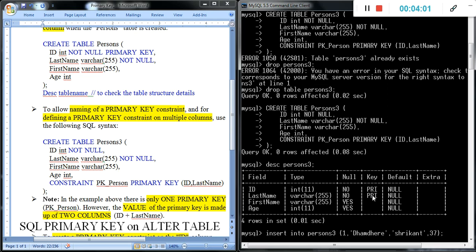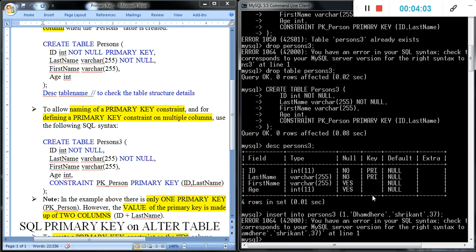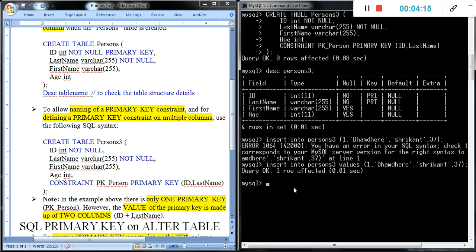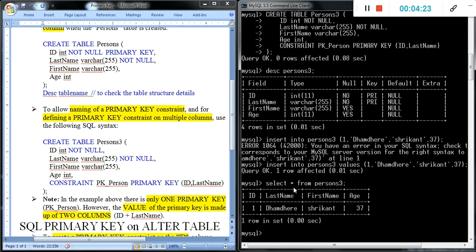That is the syntax. Enter. Now it adds the record. Select star from persons3. It contains a record with one, last name, first name and age.